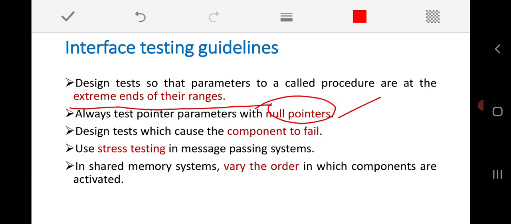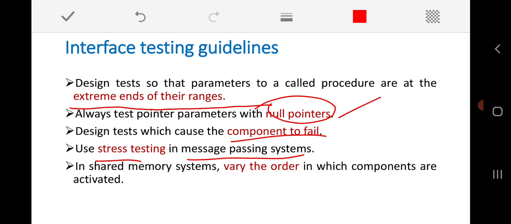Another guideline is, as far as possible, we need to design tests with which we are able to make the component fail somehow. Another suggestion is to use stress testing, especially in case of message passing systems, to check the withstanding capability, that is the robustness of those systems.